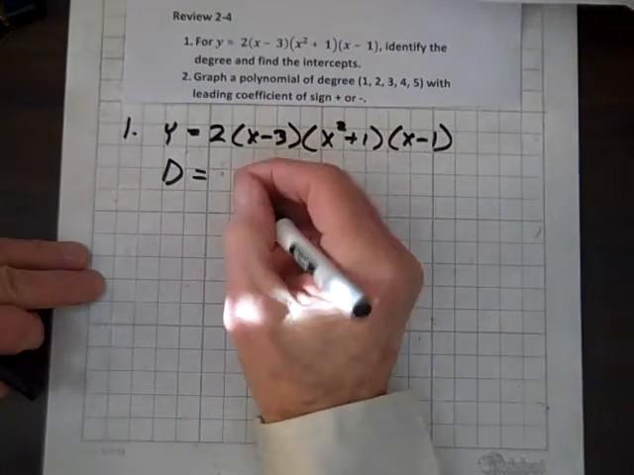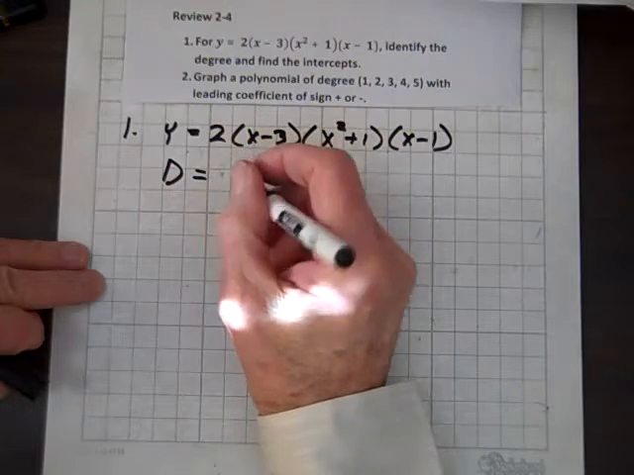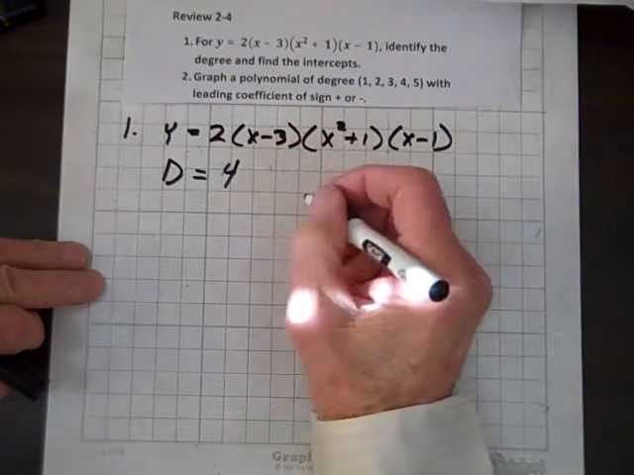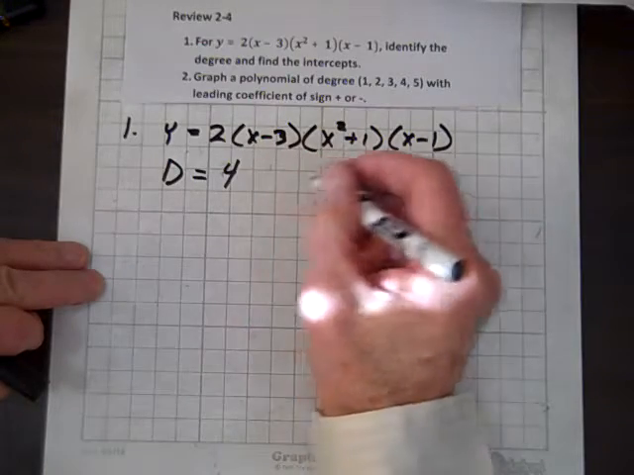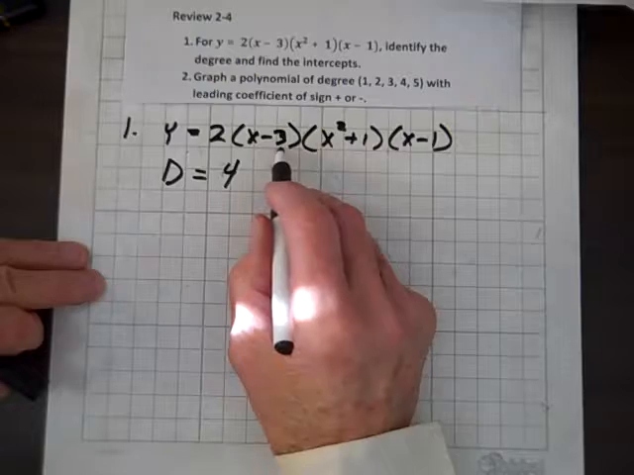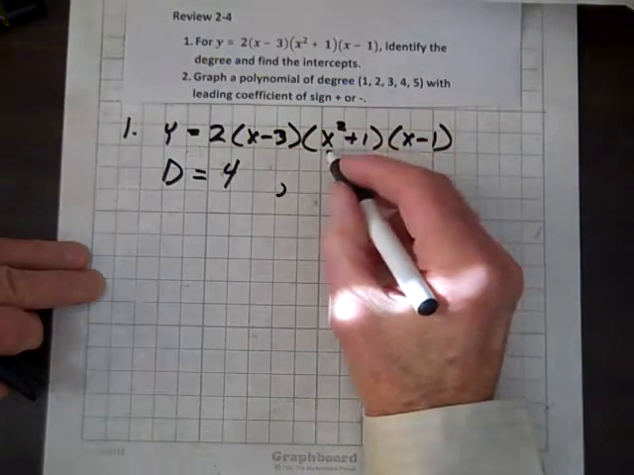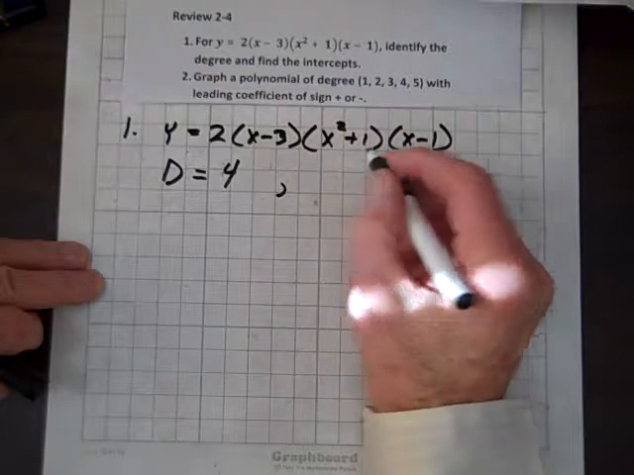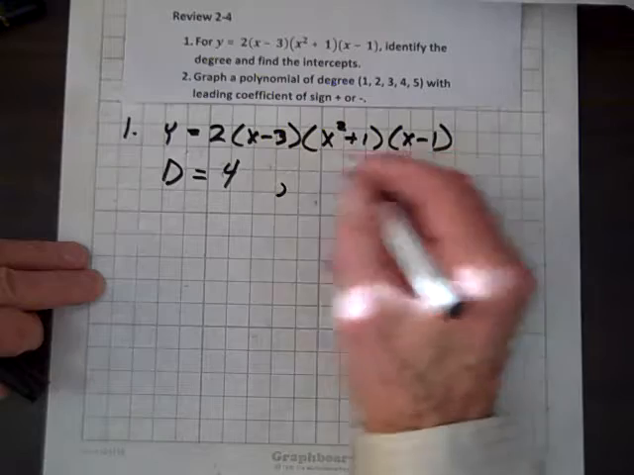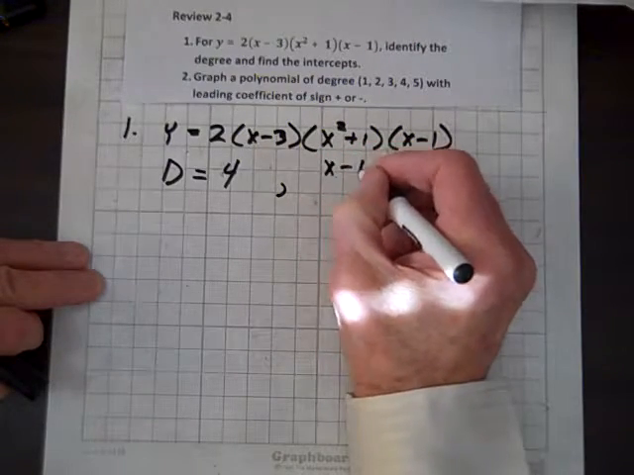It corresponds to the exponent on the leading term. Yeah, so degree is 4. Now, let's find the x-intercepts. Well, what value of x takes this expression to 0? 3 does. What value of x takes this to 0? Nothing will, but what value of x will take that to 0? 1 will. So the x-intercepts are at